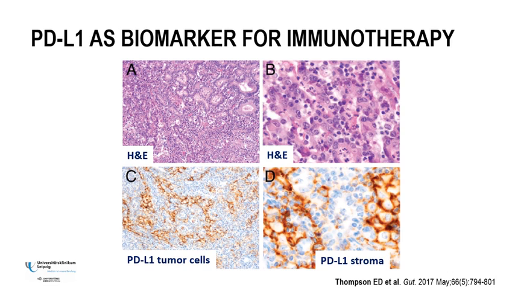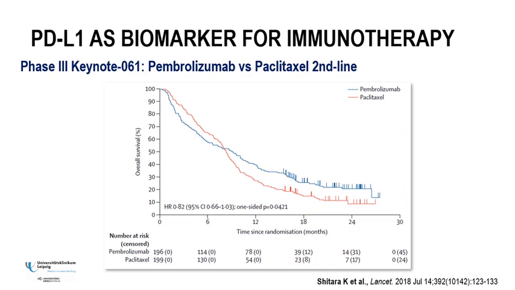PD-L1, the programmed death ligand 1, which is part of the PD-1, PD-L1 axis, can be expressed either on tumor cells or on immune cells of the tumor stroma. Currently, different groups try to define which form of overexpression is most predictive for the effectiveness of immune checkpoint inhibitors. PD-L1 overexpression at a smaller level does not seem to be an optimal biomarker for predicting the efficacy of